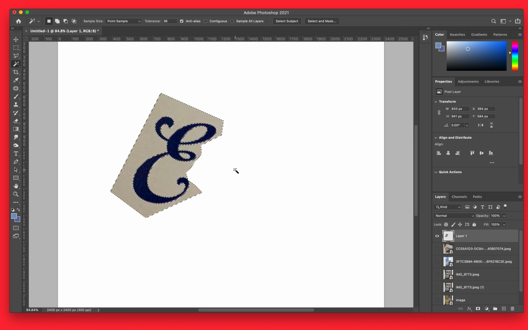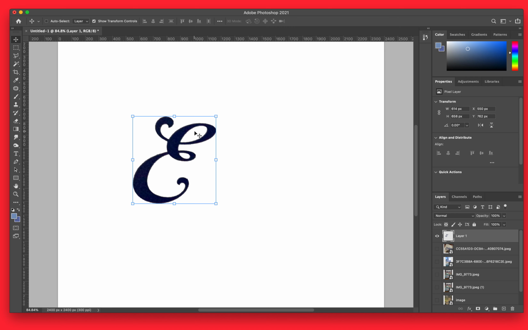So another way to do it, I'm just going to undo. And if you want to deselect, you can do Command D or Control D, I think, and that just deselects, just so you know. Then another option, still using the magic wand, is I can go to select subject. And okay, you see this didn't work, though it will work on some other ones. It's trying to understand what the subject is, and it thought the whole thing is the subject. So in this case I know this doesn't work, but I'll show you it does work on some other ones. So now I'm going to go with the solution using the magic wand tool and delete,